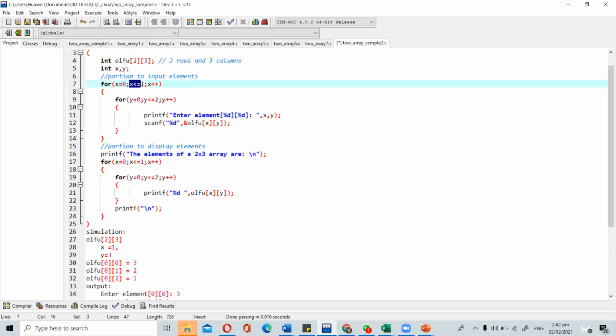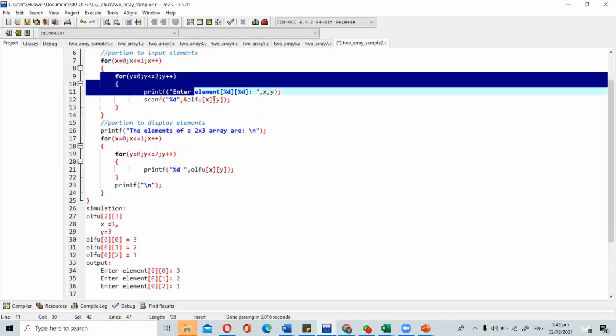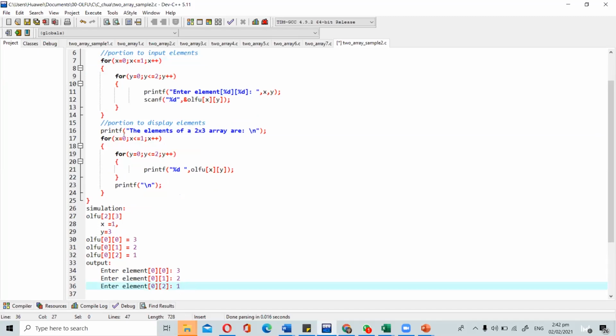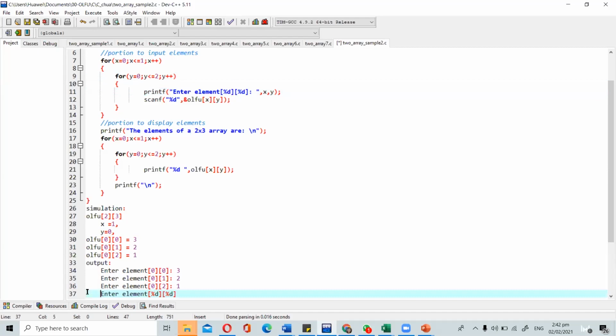So, is 1 less than or equal to 1? True. It will do this again, so we start over. Okay? So, we're in. It says the value of y is equal to 0. Is 0 less than or equal to 2? True. It will do this, but this time, when I display it, this